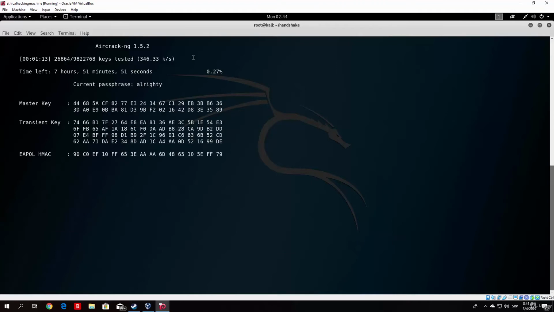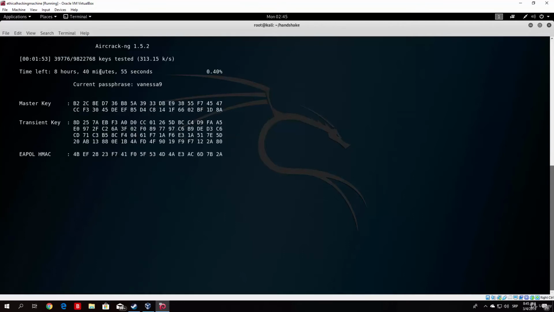If you run this on any other Linux distribution or any other Linux machine, it will probably be a lot faster. For example, this same attack on my laptop can go up to 4,300 keys per second, which will finish this attack in around 30 minutes and not 8 hours and 18 minutes. So it basically all depends on the amount of power that you gave to your virtual machine. Since I only gave it one core, I can't really expect it to be that fast.